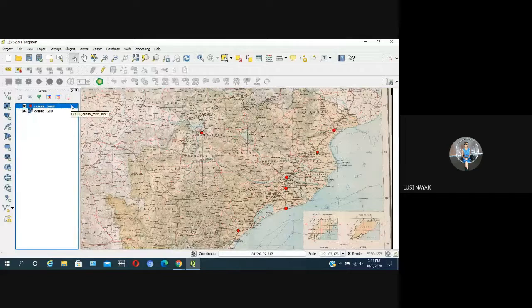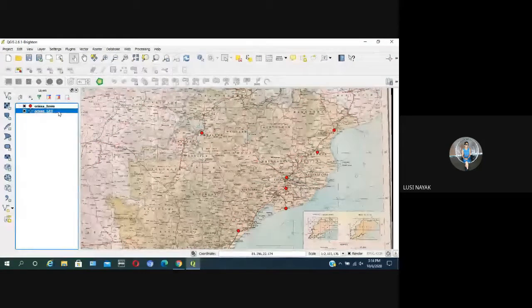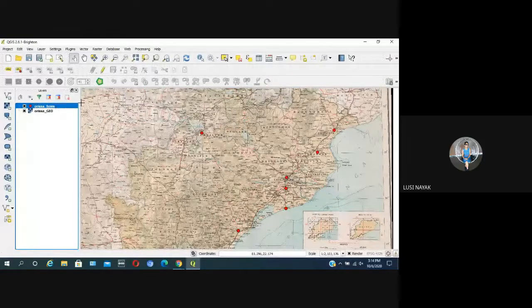Click on the layer. Odisha layer, Odisha raster image. Now raster image of Odisha has been selected in the content box. Select your vector layer which right now you have created, the point layer. Select it. Now it is selected. Now go to the toggle editing tool. Click on that.